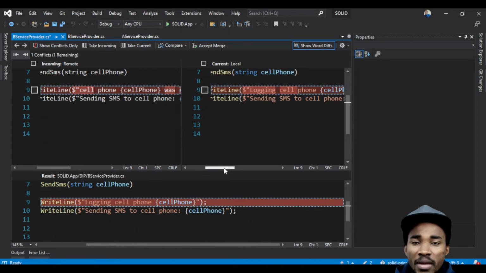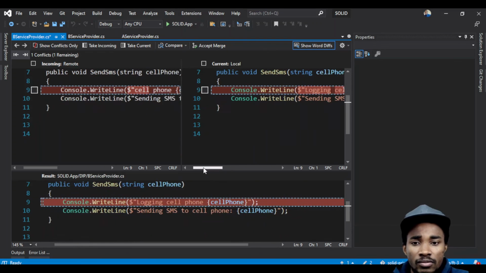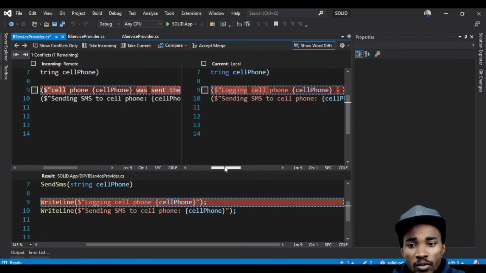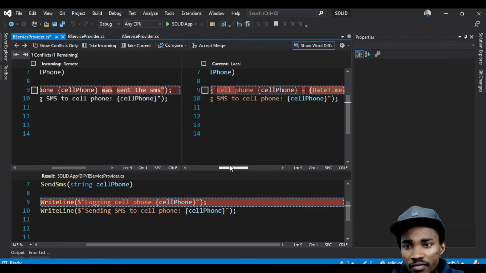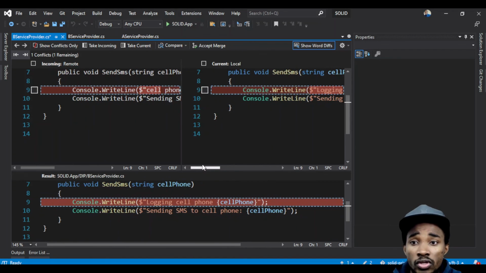and this is also something I want to mention. Resolving merge conflicts shouldn't be done by just thinking what is right or what is wrong. I think it's very important to also reach out to the person that made the changes to say, which changes should go in and which ones are not ready. Because there are cases where I've seen developers won't ask any questions, they just resolve it as they think it's right, and things start breaking. But don't do that. Try to collaborate with other developers and find out how to resolve this in the right manner. But if it's something you feel you understand what needs to happen,